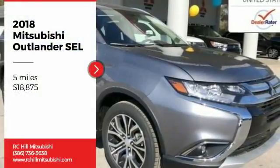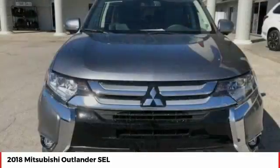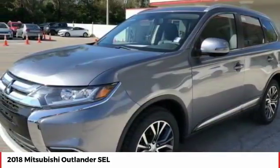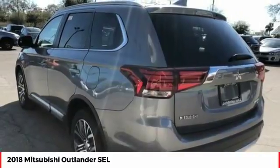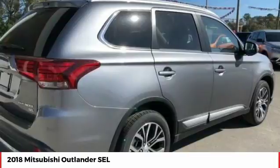Take a ride in the 2018 Outlander. A versatile crossover with power to spare, Outlander boasts an upgraded level of interior comfort and advanced technological features to give you control over every element of your drive. With super all-wheel control and a 5-star frontal and side impact crash test rating, peace of mind comes standard and